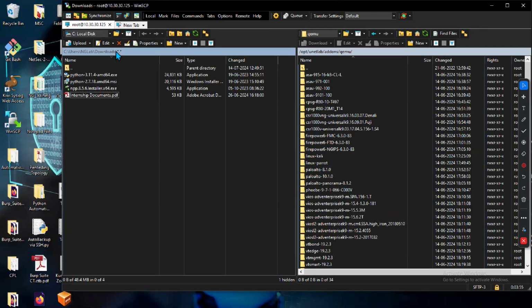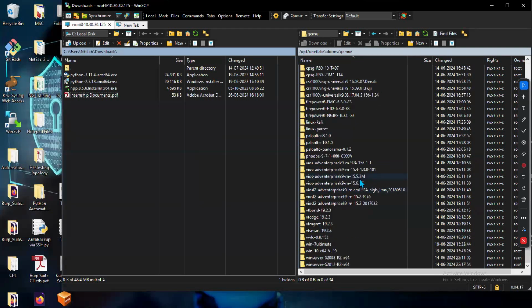I can't be sure which folder you downloaded to. Mostly it is the left side, but it does not depend on that. C drive or D drive showing a local path means it is your computer. And on the right side, you will see directly the slash, no drive, because it is a Linux machine. In that, you need to reach the path: opt, unetlab, addons, and qemu. This is your qemu folder, and in this you need to upload that.